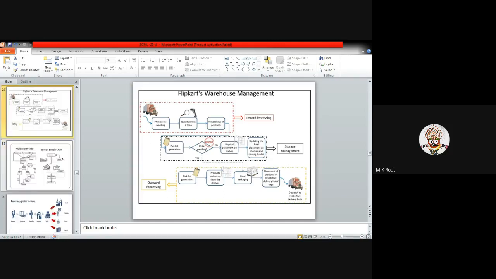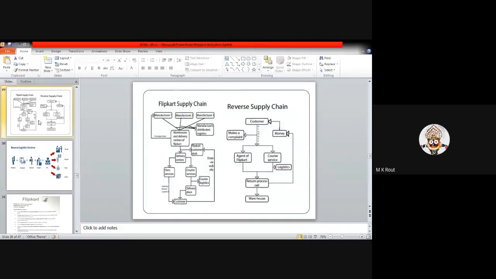The next important part is your Flipkart supply chain. On the left side, that particular schematic diagram represents the forward supply chain, and the right side directly represents the reverse supply chain of Flipkart. In case of forward supply chains,